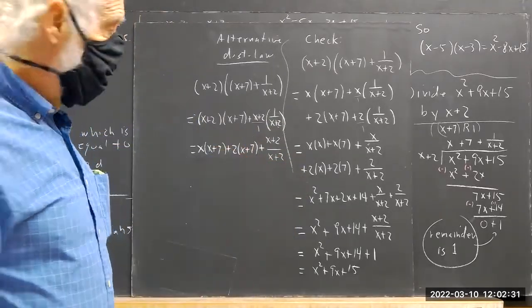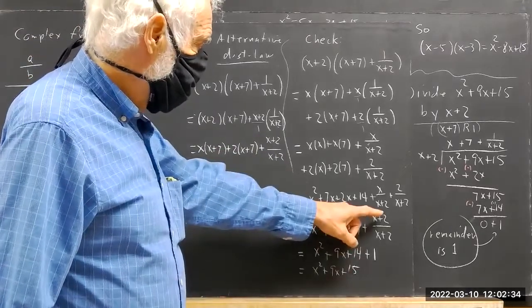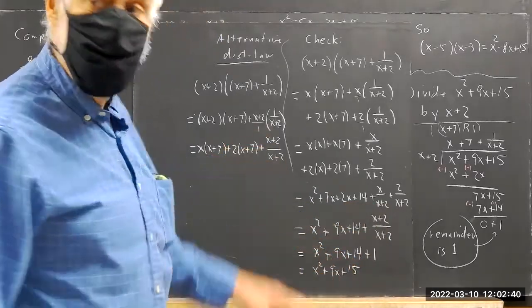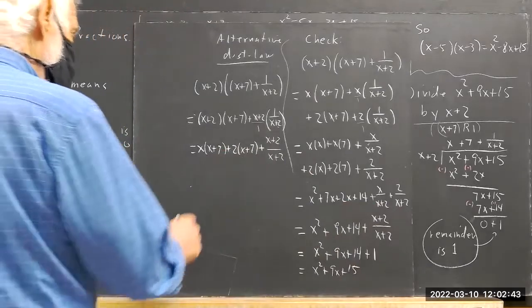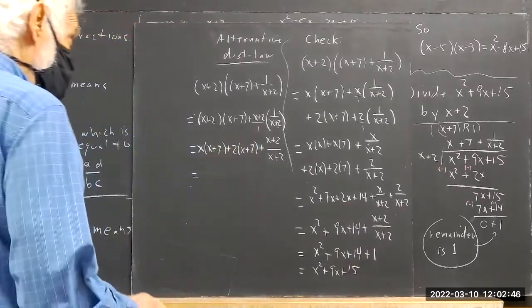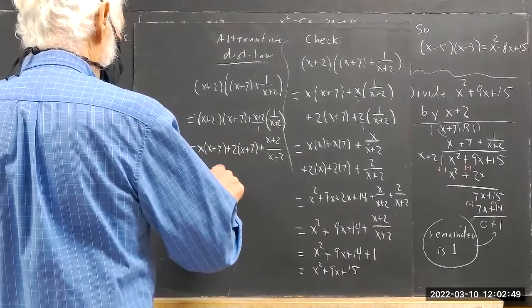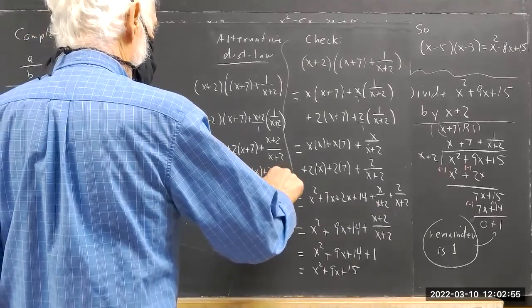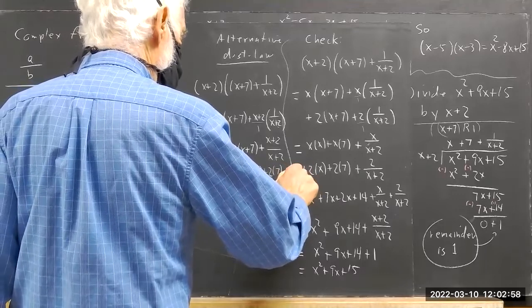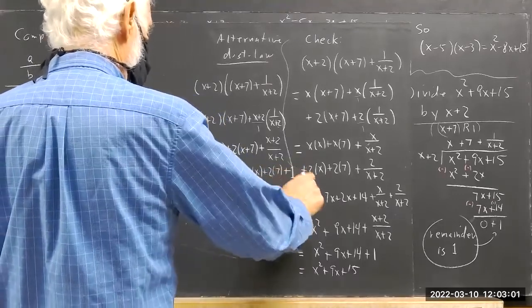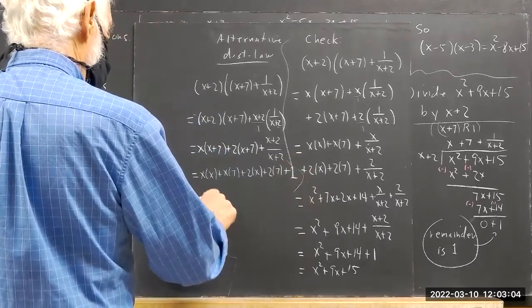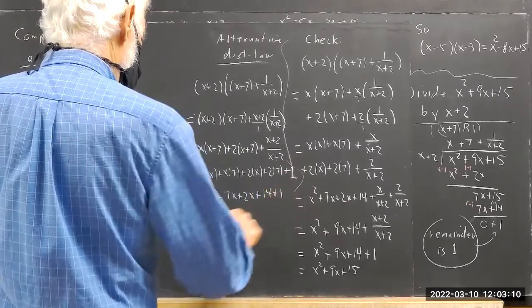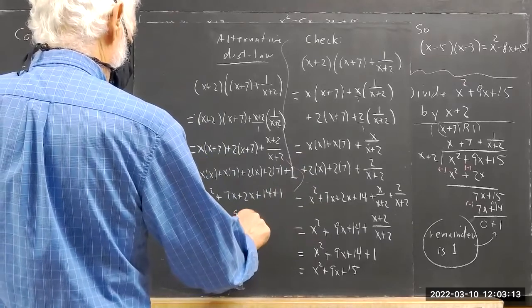Okay? And that means that we don't have to notice that we can add these two fractions here to get this, which gives us 1. It gives us the 1 immediately. It's a little easier to get the 1 this way, but you should be able to do it either way. That's x times x plus x times 7 plus 2 times x plus 2 times 7 plus 1. Which then equals x squared plus 7x plus 2x plus 14 plus 1, which is x squared plus 9x plus